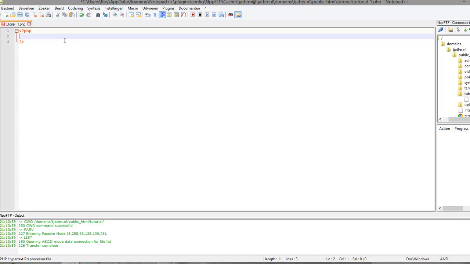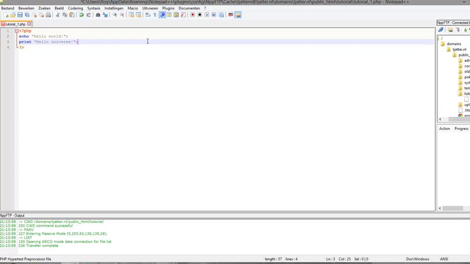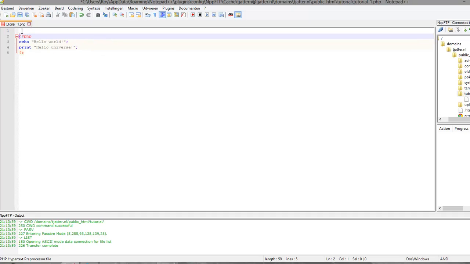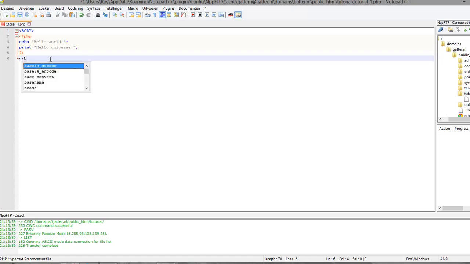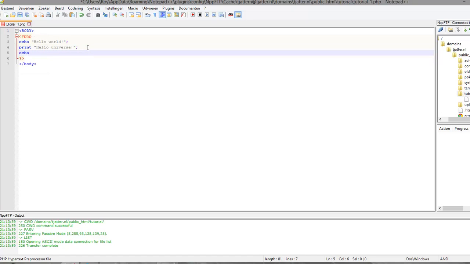Of course, PHP is often used combined with HTML and CSS, so you can give it some markup, some layout, and make a template for it. So when you have your basic HTML page, you will have a body here or something, and inside your body you can use PHP like this. Also, you can do something like,